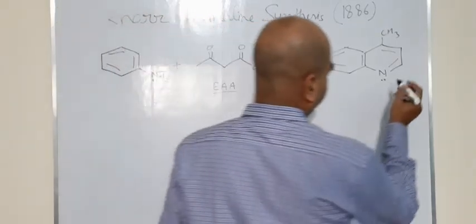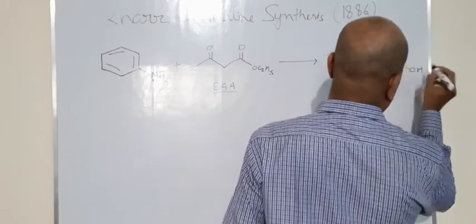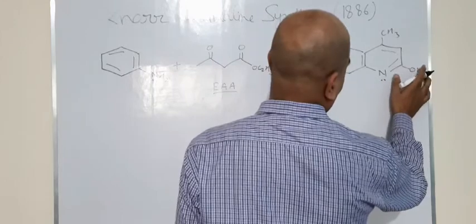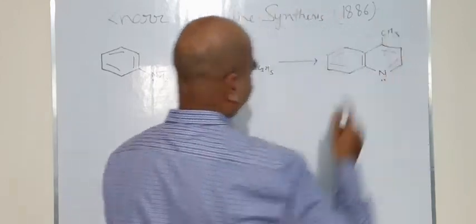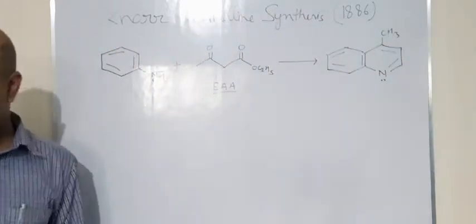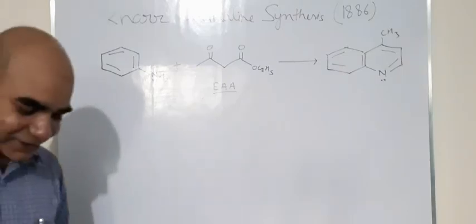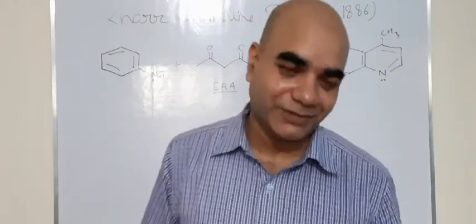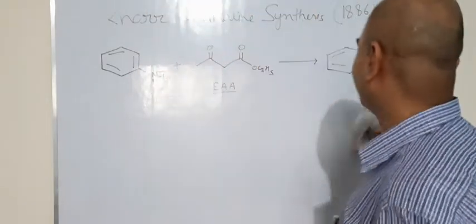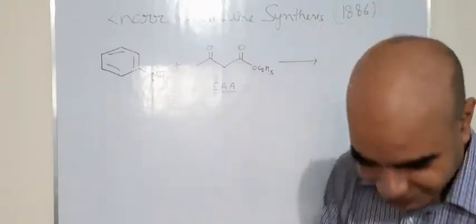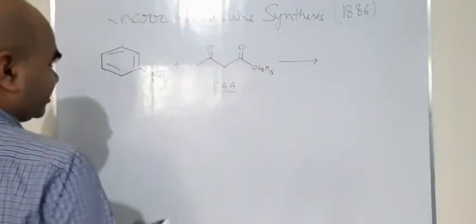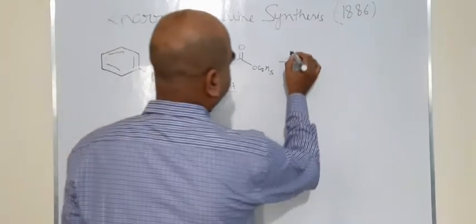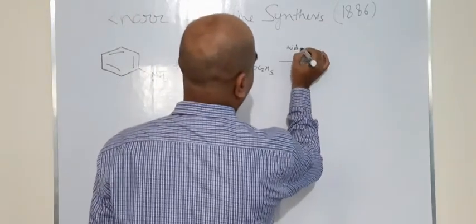I think in the end we will have a hydroxy here. Okay, we will see what we will have. This is the beauty of mechanism. When we write the mechanism, we get to know the exact product that is going to form in the reaction. So let us start. Aniline and ethyl acetoacetate are reacting, and we use some acid catalyst